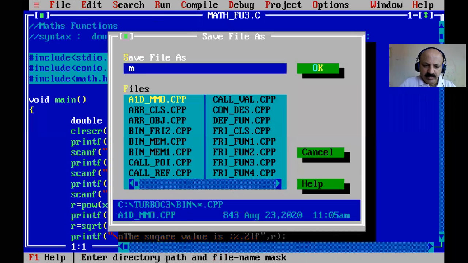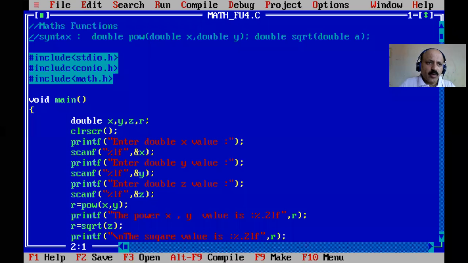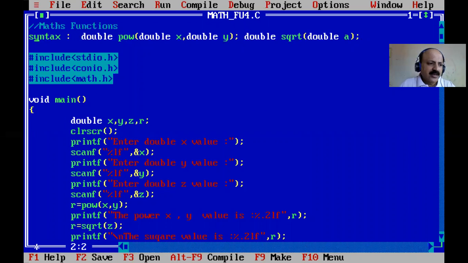Now I just save it as maths fun 4, that is 4.c. So here I again open the syntax, and now we can take fmod. A simple modulo operator gives the remainder of integer values, but fmod gives the remainder of doubles. So we can find the remainder.